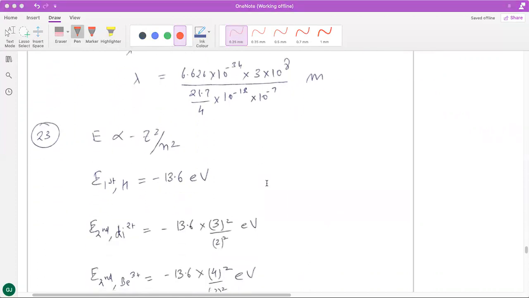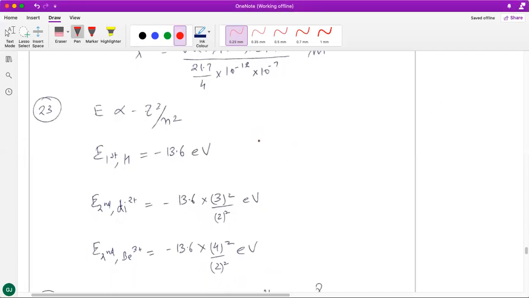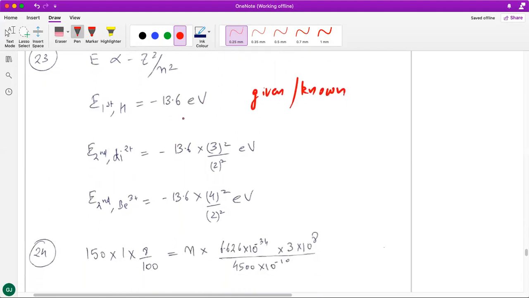All right, 23rd question. Now, the first piece of information, that the ionization energy of the hydrogen atom is 13.6 eV, is kind of redundant data because we already know it. This is something which is given, as well as something that we also know. Even if they hadn't told us, our work would have been done, okay? But because it is given, okay, let me write it down here.